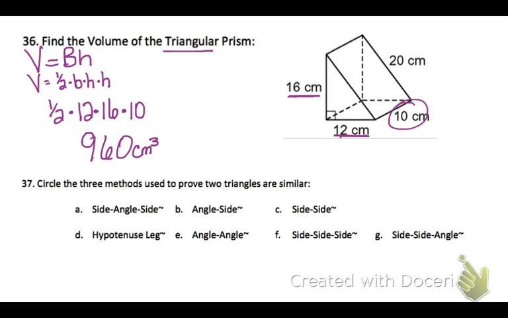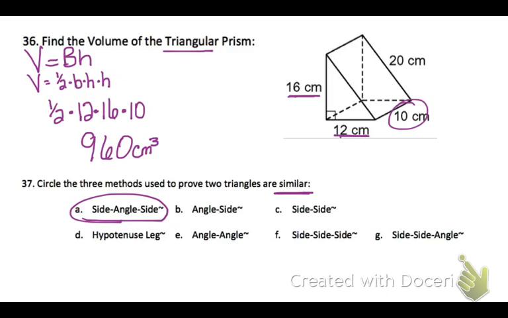37. Circle the 3 methods used to prove that 2 triangles are similar. Remember, similar means that the sides are proportional and the angles are congruent. Well, we learned that if we can prove two sides of one triangle are proportional to 2 corresponding sides of another triangle, and the angle in between them is congruent, that we could say those 2 triangles are similar